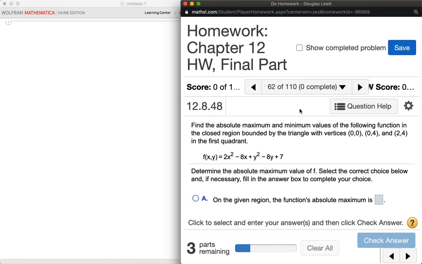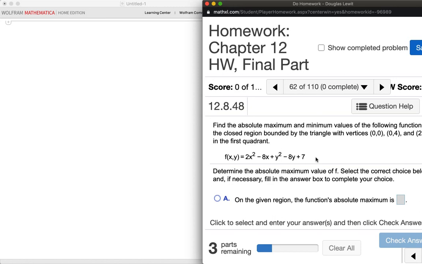Find the absolute maximum and minimum values of the following function in the closed region bounded by the triangle with vertices (0, 0), (0, 4), and (2, 4) in the first quadrant. And the function is f(x, y) = 2x^2 - 8x + y^2 - 8y + 7. Okay, so we're going to approach this problem the same way we would approach any